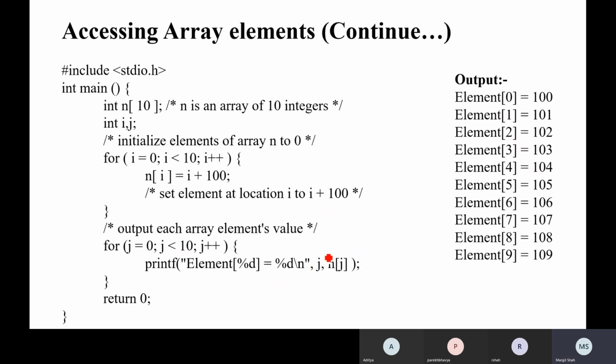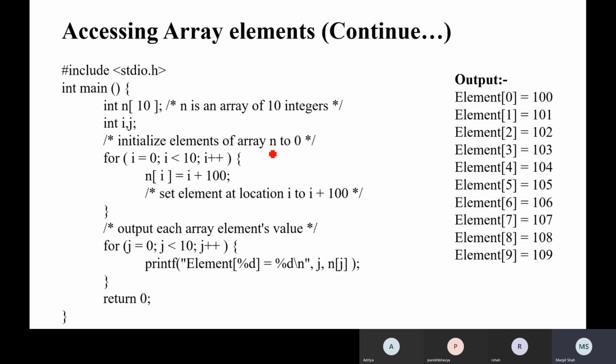Okay, so this is a small piece of code where we are discussing integer n of 10. So n is an array of 10 integers, and i, j initialize the elements of the array to 0. So i equal to 0, i is less than 10, i plus plus, and n of i. So what is n of i? Initially n of 0 is equal to 0 plus 100, right?